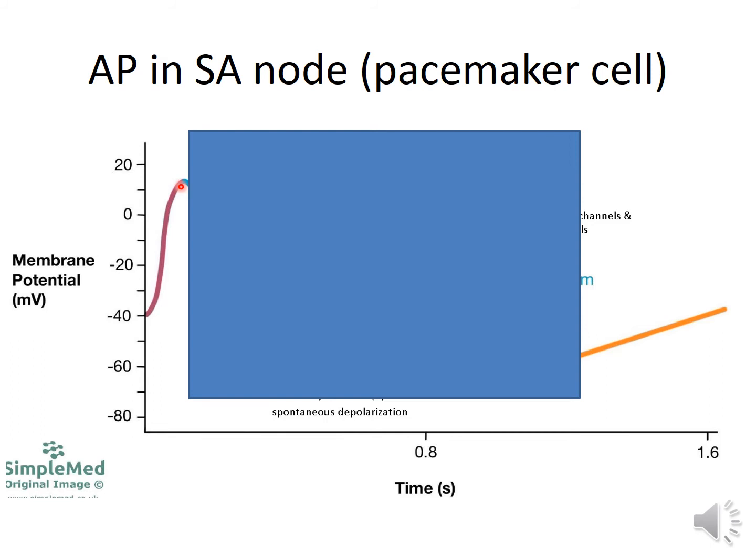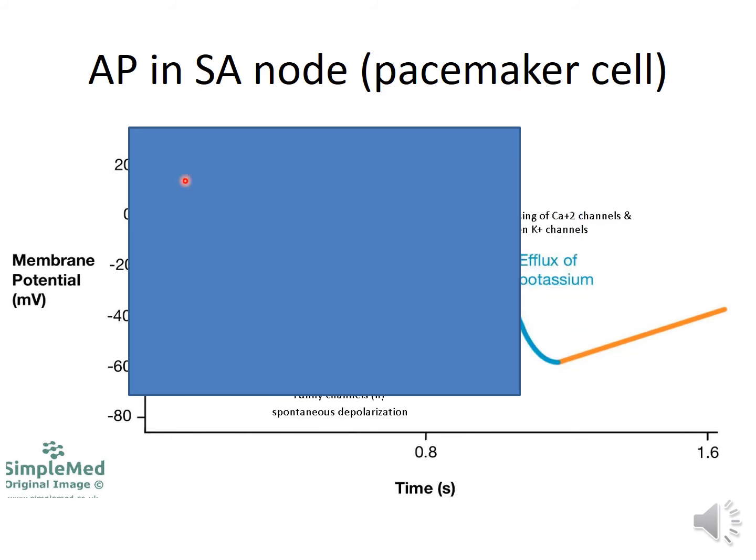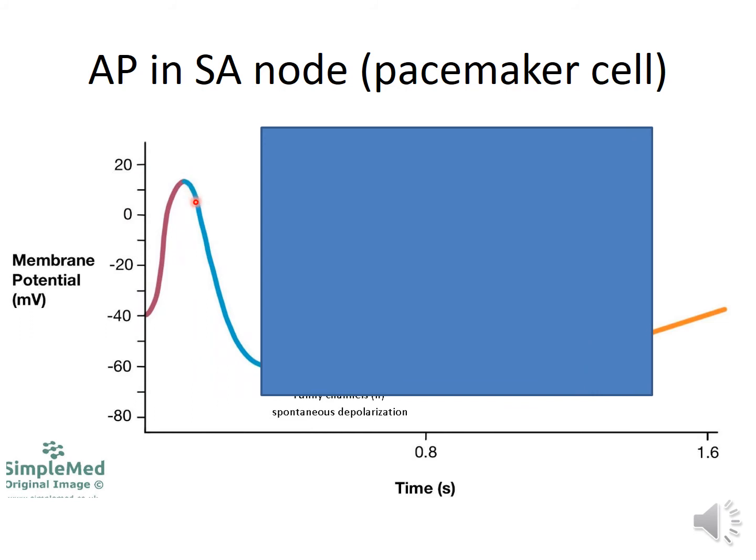And second, there are only three phases in the action potential: phase 0, phase 3 and phase 4. There is no phase 1 and phase 2. So phase 0, that is rise of depolarization, is because of opening of calcium channels, followed by phase of repolarization, that is phase 3. So repolarization is due to opening of potassium channels. So here in pacemaker tissue, depolarization is because of opening of calcium channels and repolarization is because of opening of potassium channels.